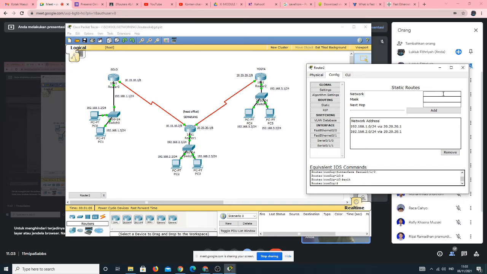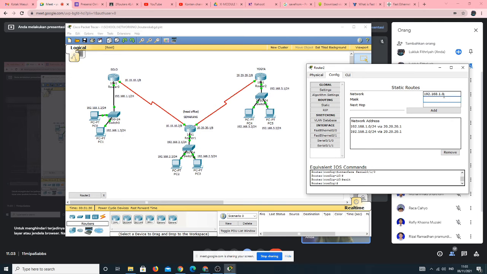So for the network of the IP route or static route, we are going to configure Jogja Solo with the IP FA of Solo is 1.1 in here for the FA.